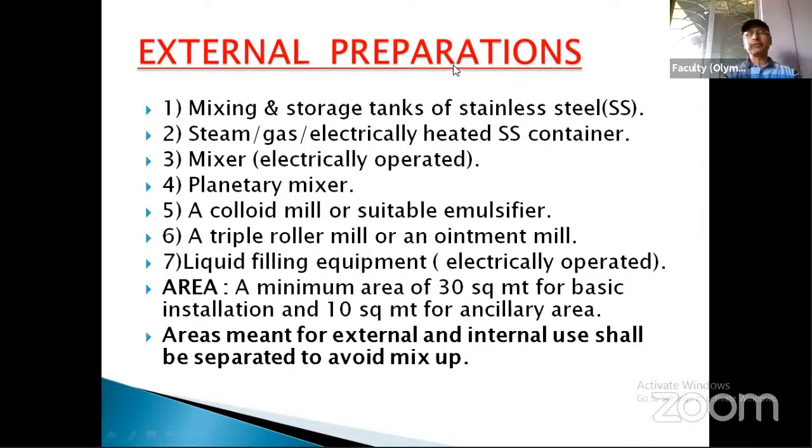This ancillary area is a minimum of 10 square meter or 108 square feet. But don't think that this area means the entire factory area. If your manufacturing unit is only preparing external preparations, then this is the minimum area requirement, 30 plus 10, that is 40 square meter for the basic manufacturing of that preparation. But other than this, which we have already discussed in our general discussion, what are the areas you